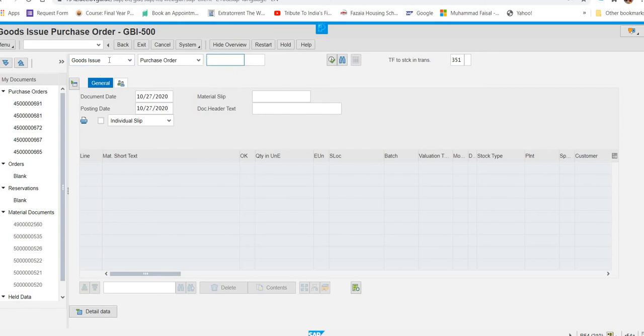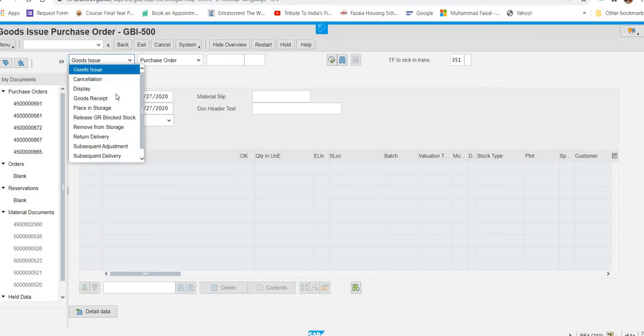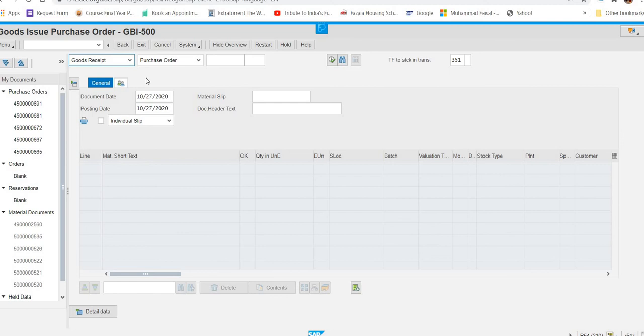Okay guys, so what happened here, instead of goods issue, you will select goods receipt, because now this is the part where they will receive those items. In the next field, you will change it to purchase order. It is already there. And input your stock transport order number.